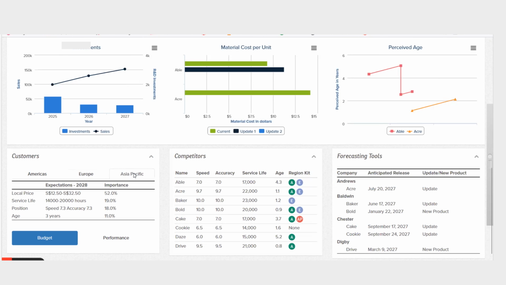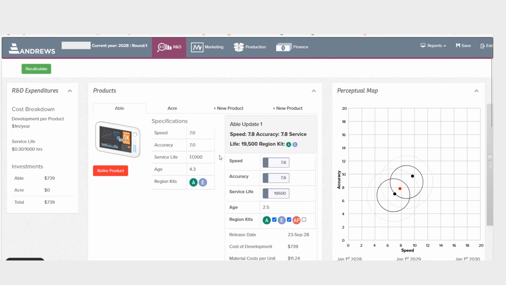So depending on the market, we find different buyers will need different items. Therefore, what you need to do is to balance, to make sure that at least you get it right in terms of positioning, service life, and also the age, so that you'll meet the needs of different market segments using the same product. So based on those different items when it comes to the budget market segment, that's why you can see that we change the